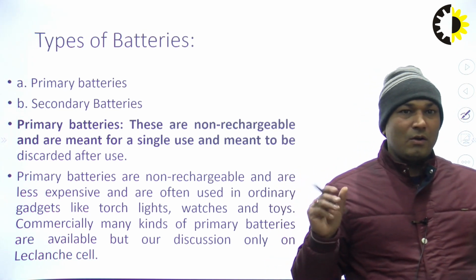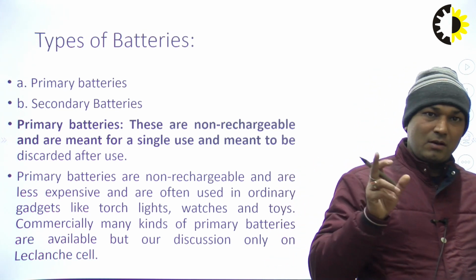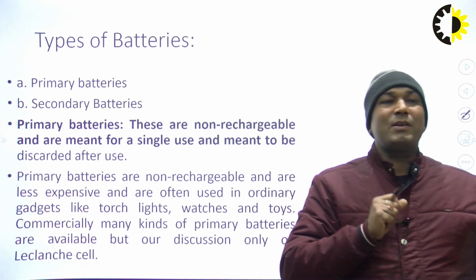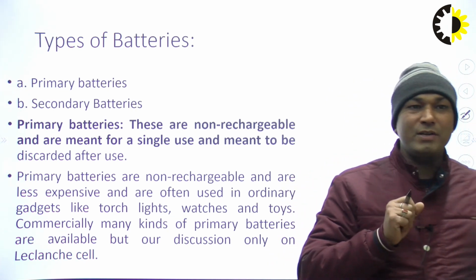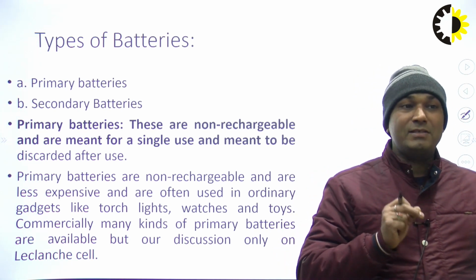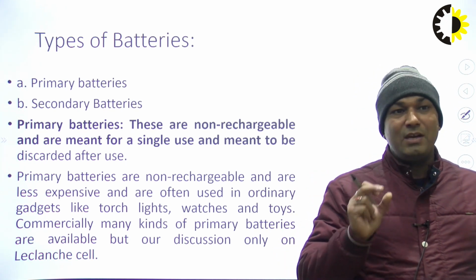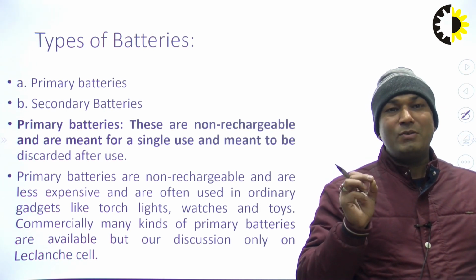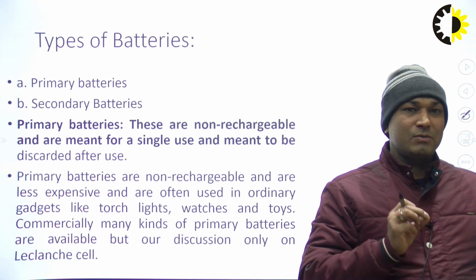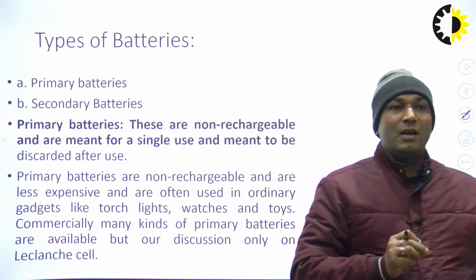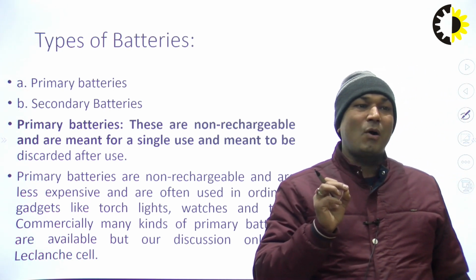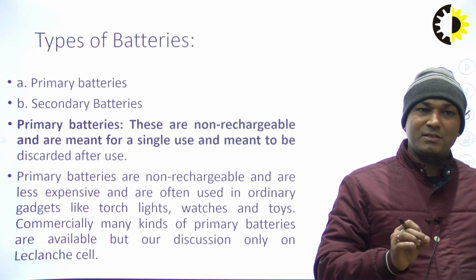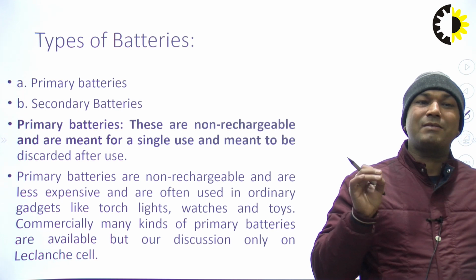Also lead storage battery also creates pollution. So primary batteries are non-rechargeable and are less expensive. The cost is very less because it produces only 0.25 ampere current. So its cost is also very less and they are often used in ordinary gadgets like torchlights, watches, toys, and some other